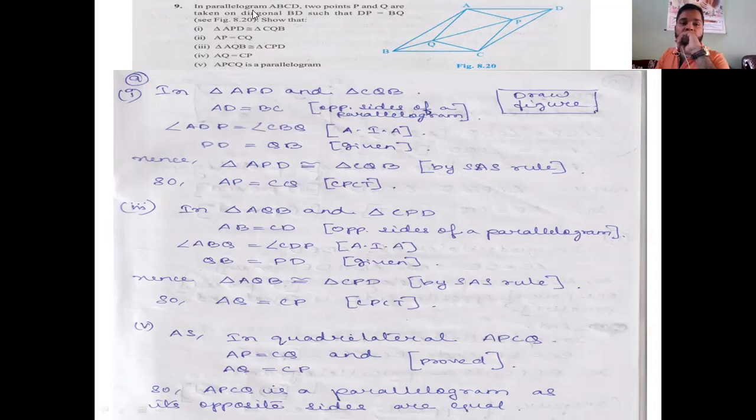So here basically two things are given to you. That is parallelogram and two sides are equal. So now let's show APD and CQB are congruent to one another. This is APD and this is CQB. In these two triangles, you see AD is equal to BC. Why? Because these two sides are sides of a parallelogram, and we know opposite sides are equal in parallelogram. So one side you got equal in both the triangles.